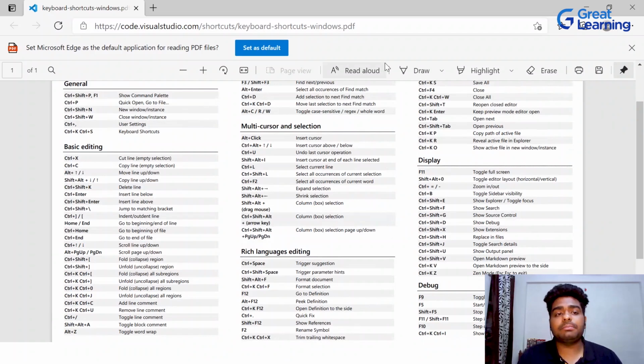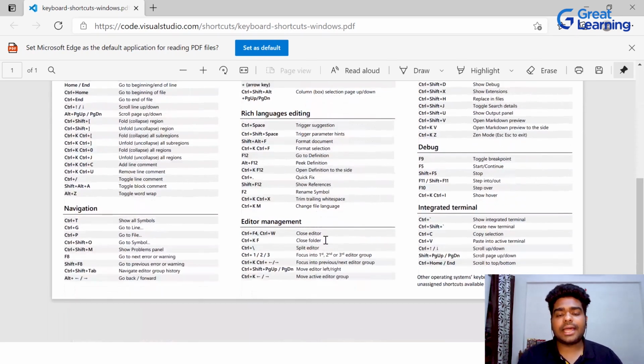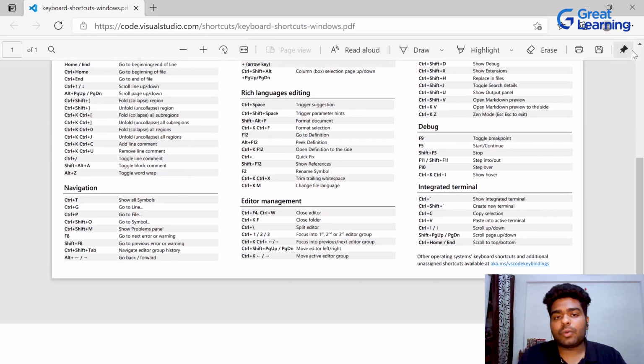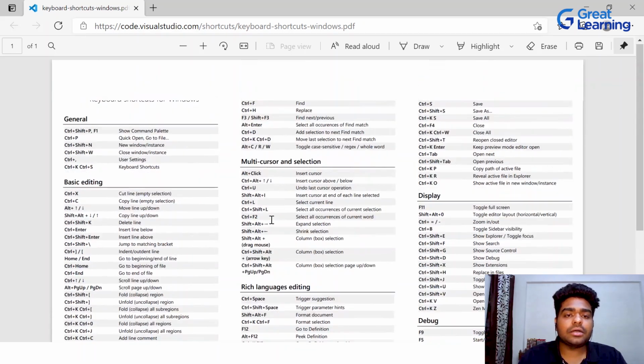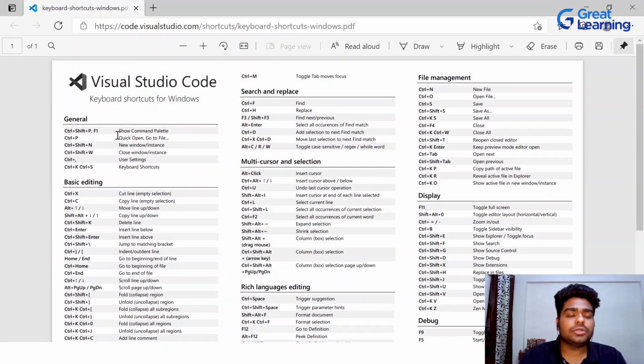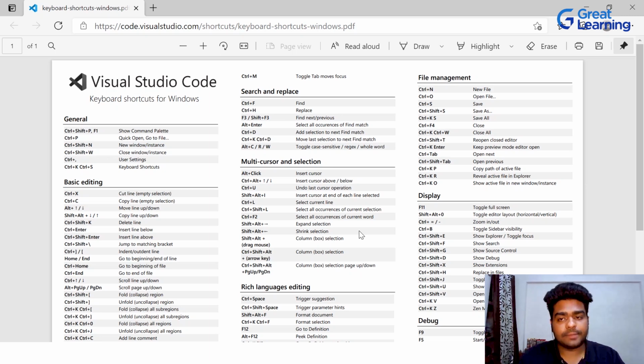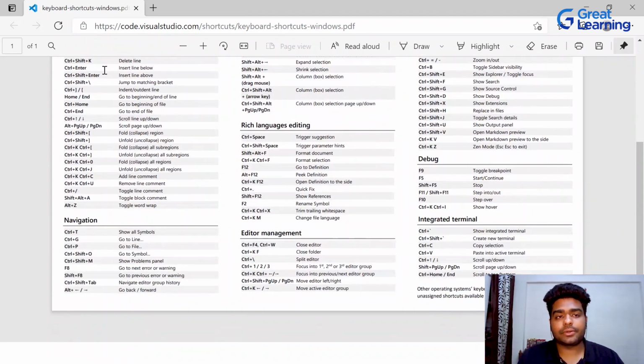If you are a very big coder or if you want to become a developer, and if you want to work with Visual Studio Code for your whole life, what you can do is download this particular PDF and paste it somewhere. So you will actually get a very easy walkthrough of what all these are, and once you look at it and use it, you'll get a habit of using this very frequently. So it'll be very easy for you to do the coding. Control N new file, Control O open file, Control S save. These all things are written here. Okay. Now,